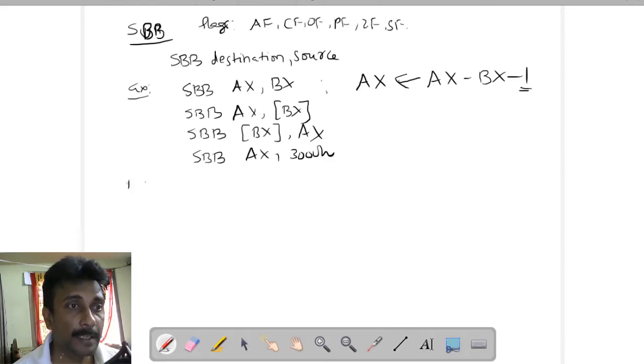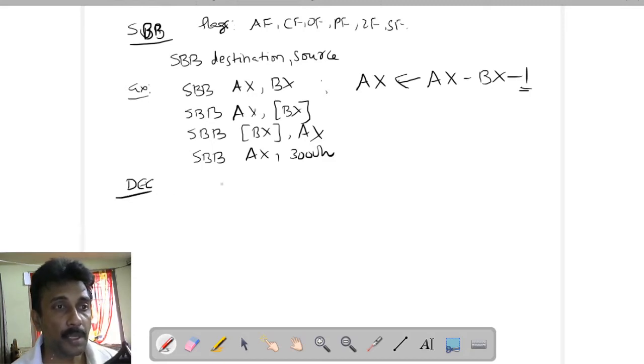The next one is the decrement operation. The decrement operation is very similar to the subtraction operation. Here we have DEC CL. Particularly this decrement instruction is used when we put some counter value like 5 or 3 or 2. If I want to decrement the value from 5 to 4, 4 to 3, 3 to 2 and 1 to 0 in counter applications, whether the counter is incremented or decremented, we use the CL or CX registers. So for the decrement we have to decrement the values.